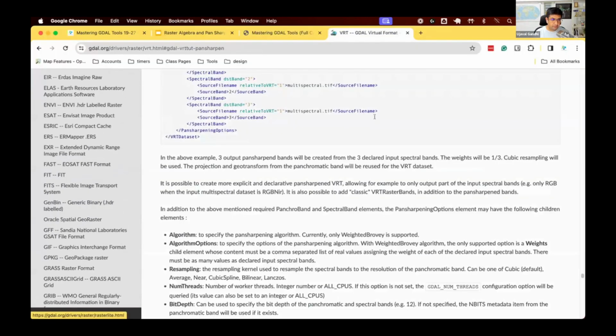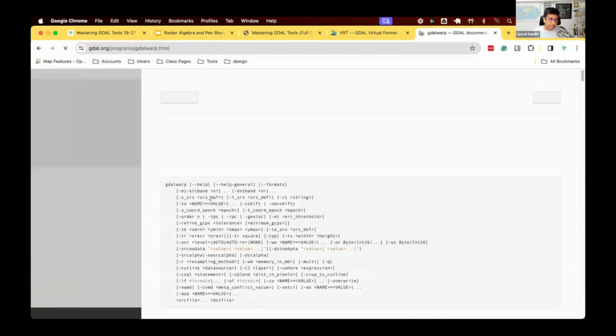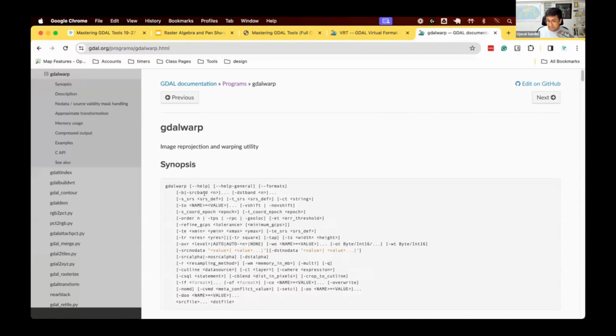Let's go to GDAL warp, and I want to show you. So GDAL warp is the command that we use to extract this data. We had specified this -tr for specifying the resolution of the output data. And as we learned, this is coming from a vector-backed dataset, so we can specify as high resolution as possible. As I mentioned, sometimes when you are trying to download this data, you don't want to put too much load on the server. So we can say, I want to download this at a very high resolution, but only for my region. So you can specify this option called -te,